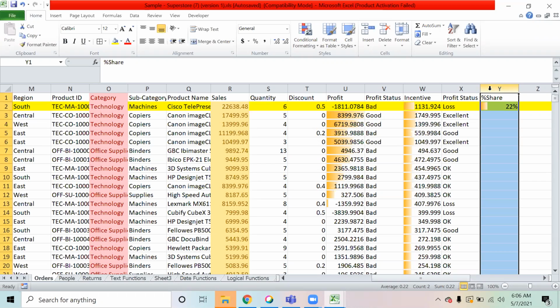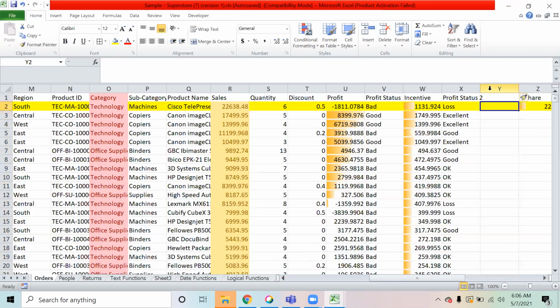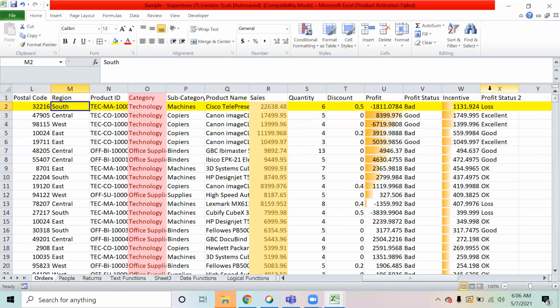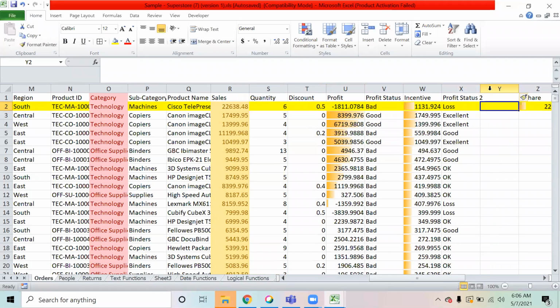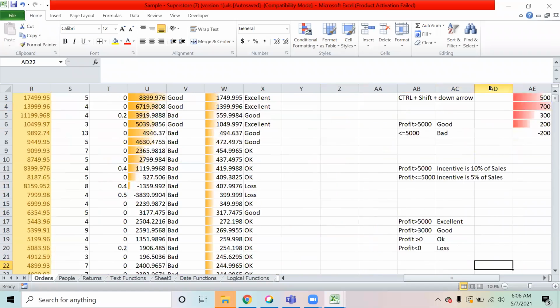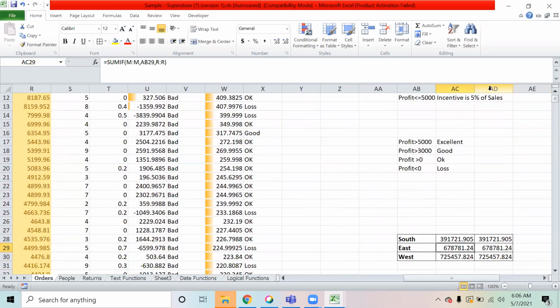If we try to do this, there are two steps. First of all, you have to figure out that this is the South region, so you have to calculate the total sale of the South region. If you know the total sale of the South region, then it's simple. For example, I have already calculated the total sale in South.